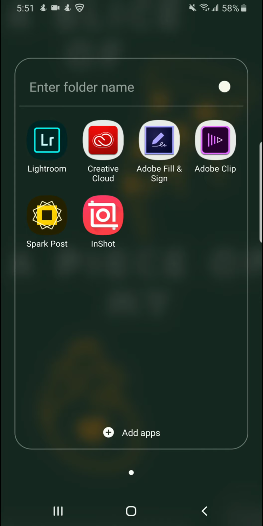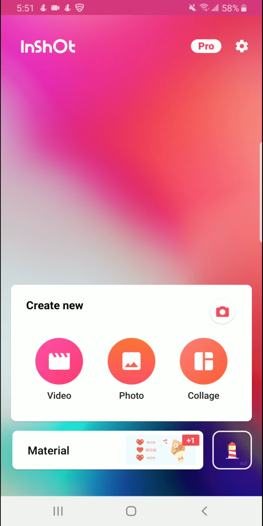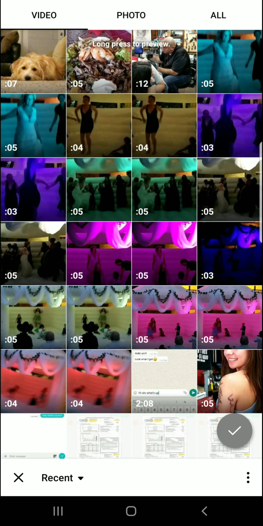So first thing that you have to do is to download the app InShot. Once you download it, you open it. It works for a lot of different stuff, but now we're just going through how to create a Veme. Go to the video option, choose your video,